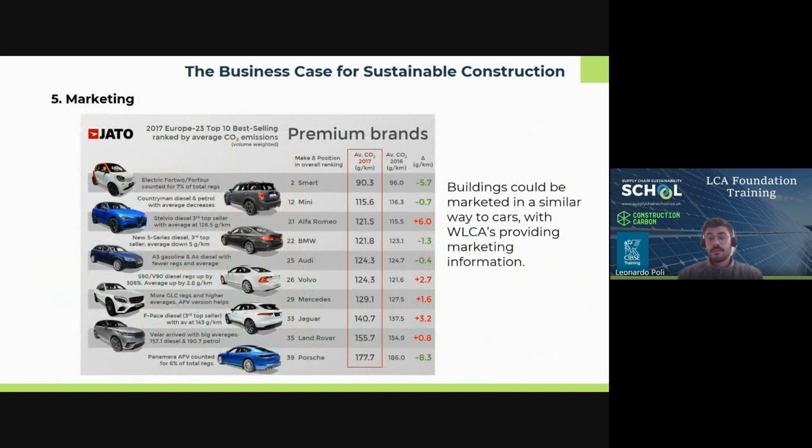Moving on to marketing. The public is increasingly aware of carbon emissions through both the press and in particular the purchase of cars or flights. Both now typically identify the carbon emissions associated with individual purchases. The ability to market homes or office spaces in a similar way by using kilograms of CO2 equivalent per meter square as a metric alongside reduced energy use can now provide marketing advantage, leading to quicker sales and or improved value. Research from E.ON Energy has found that 80% of its first-time buyers within the millennial and Gen Z generations are willing to pay more for properties with greener energy systems.